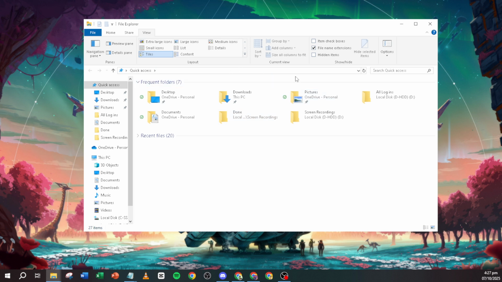Now, within the View tab, keep an eye out for a group labeled Show. This section is crucial as it contains a checkbox marked Hidden Items. Checking this box is what allows any folders that have been hidden from view to become visible. So make sure to check Hidden Items. Doing this grants you the visibility to see those elusive folders that might be tucked away, out of sight, but not out of mind.